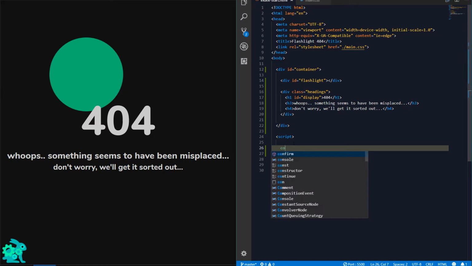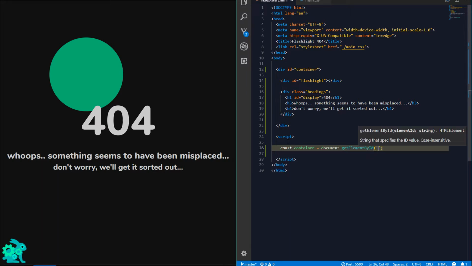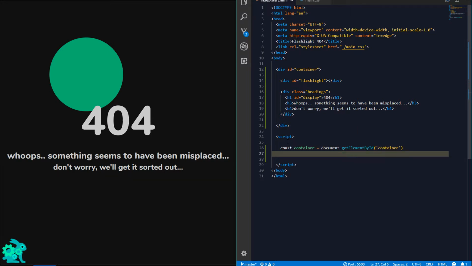So let's grab that with const, and we'll just say const container equals document dot getElementById, and it is the container. Cool. Alright, and then the next thing we want to grab is the flashlight. So we'll grab that div, const flashlight equals document dot getElementById